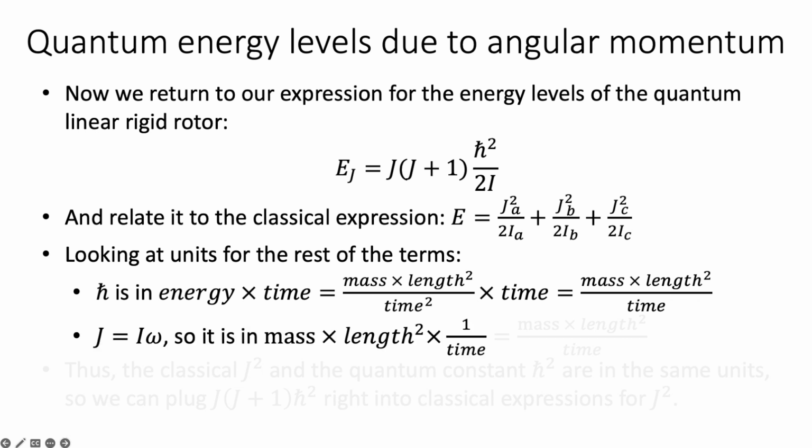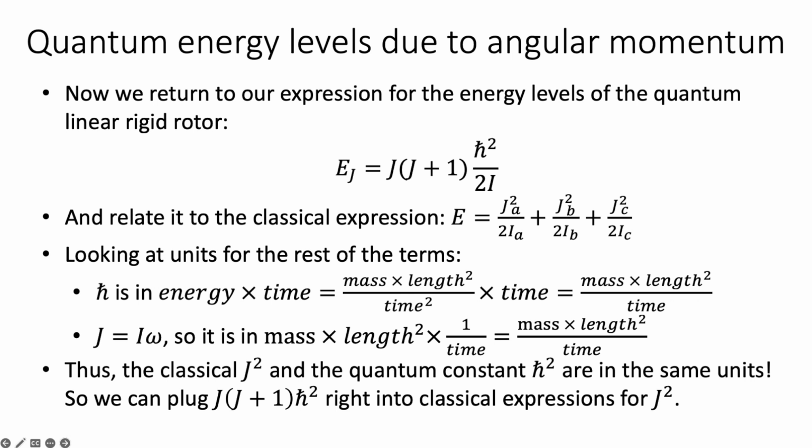Okay, so now let's look at our J equals I omega. This was our classical expression for angular momentum. And we see that that is mass times length squared times 1 over time, right? The 1 over time is for the omega. And this, of course, simplifies as well to mass times length squared over time. So great. This means that the classical J squared and the quantum constant of h bar squared are in the same units. So therefore, we can plug J times J plus 1 times h bar squared right into our classical